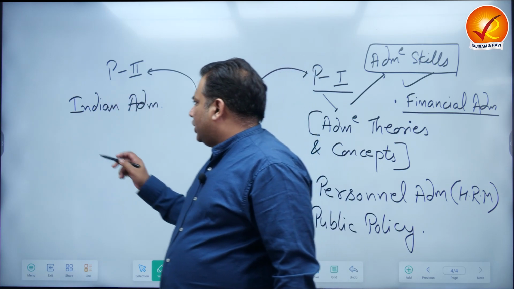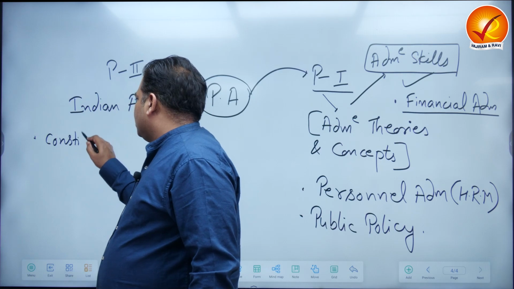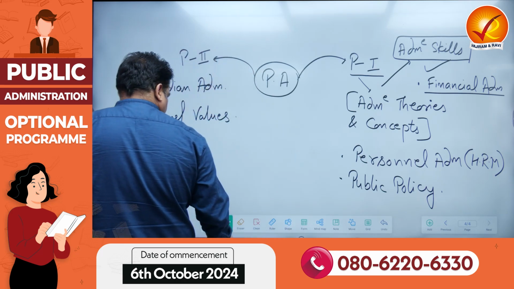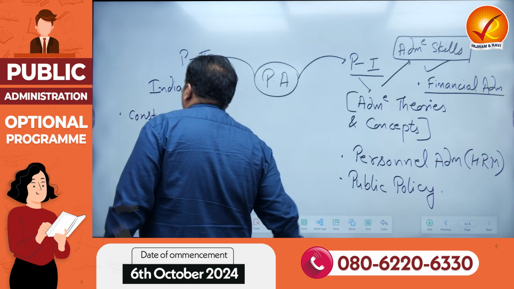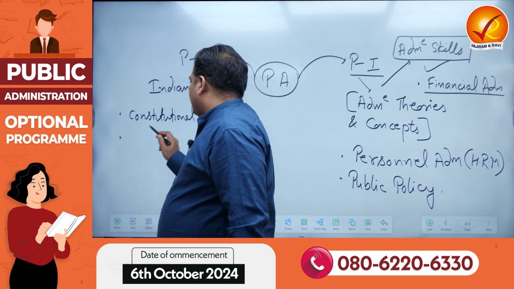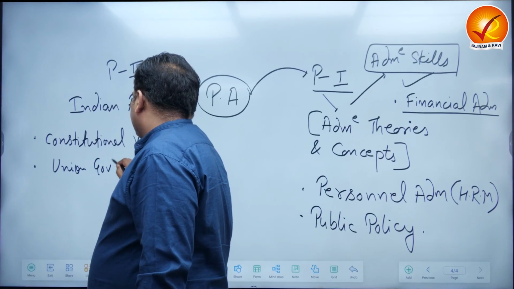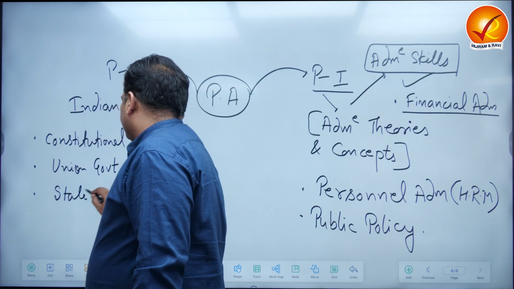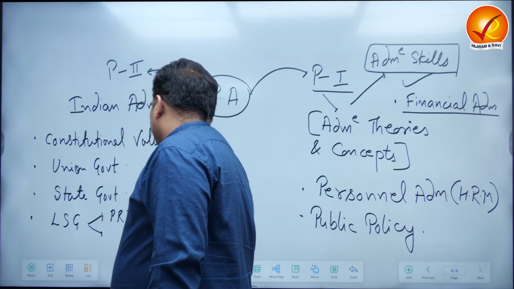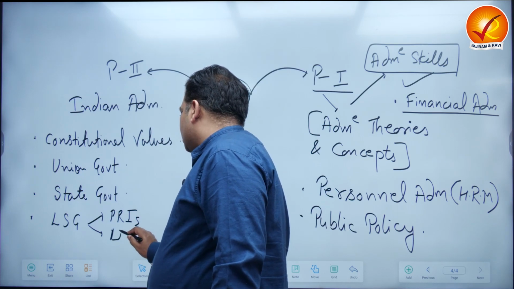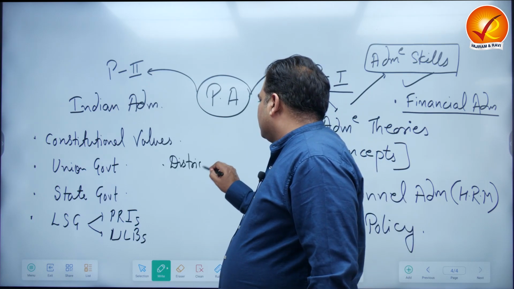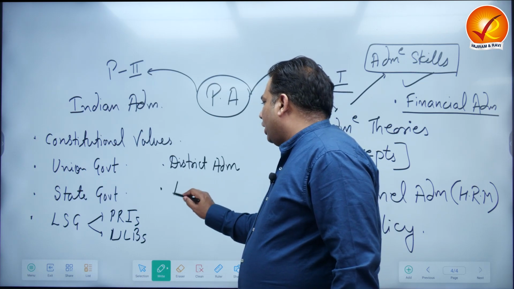And when we go for Indian administration, imagine constitutional values. That is a part, plus it also has union government, state government, even local self-government, that is panchayats and municipalities. Panchayats, PRIs, and the municipalities, also called urban local bodies, are there, and district administration, plus law and order administration,